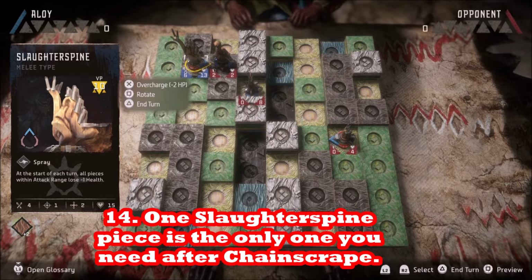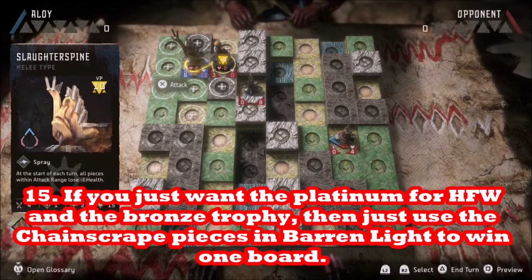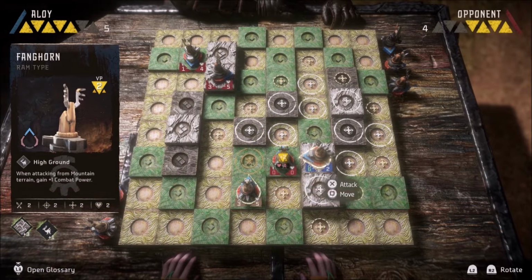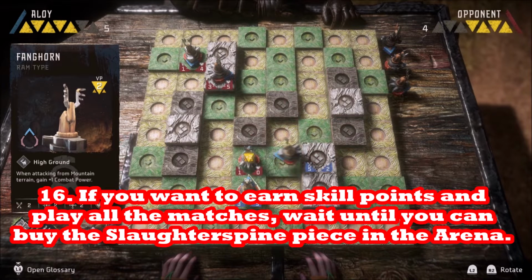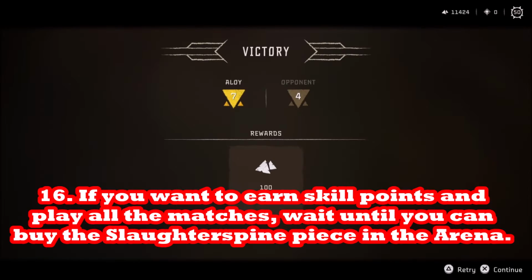But if you haven't got the Slaughterspine yet, you can use the pieces that you get in Chainscrape from the beginner player and use the strategies that I told you there, and you'll be able to beat on one board the Barren Light beginner strike player. So if you want to play any more opponents after Barren Light or more than 2 boards, then you should